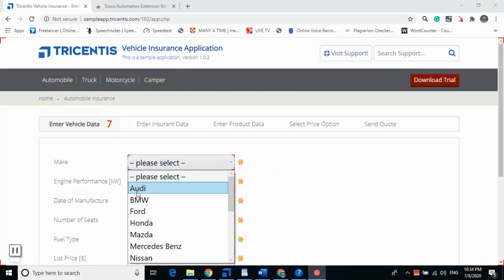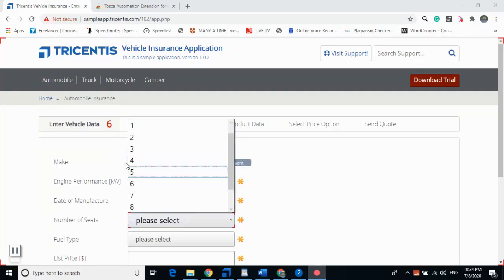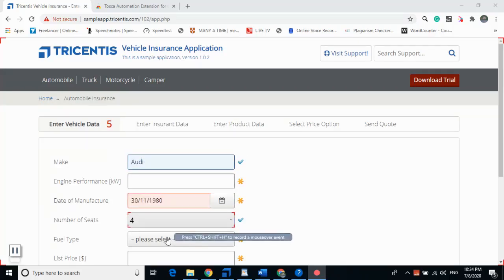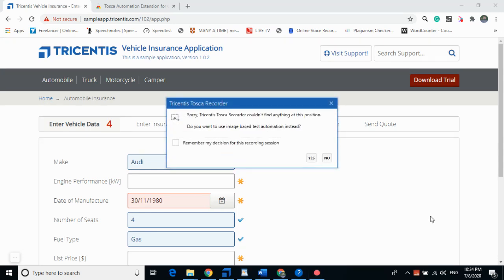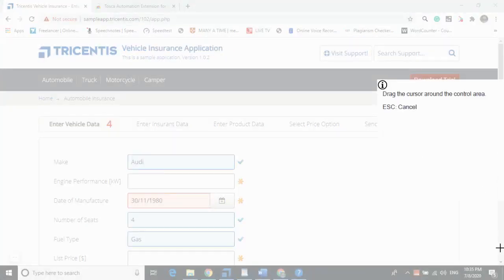I'm clicking Audi. So it takes time actually. There is no need to make haste.